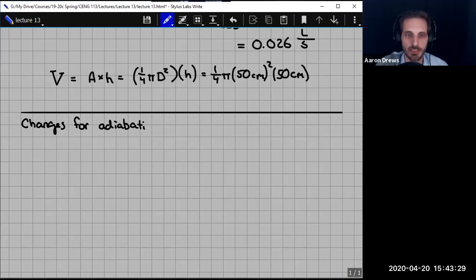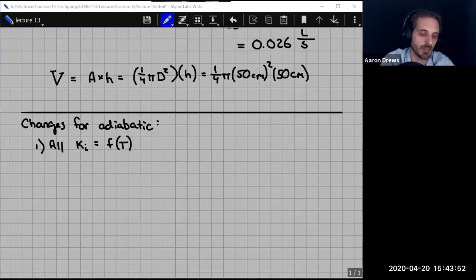Changes for the adiabatic case, right? So this is part 2 of this. The first change is kind of tedious. It's going to take a little while to actually code up, but it's not terrible. All of the rate constants, all k sub i, have to become functions of temperature. They have to become functions of temperature because we were given activation energies for each one. And so if we use the Arrhenius expression, then we will get